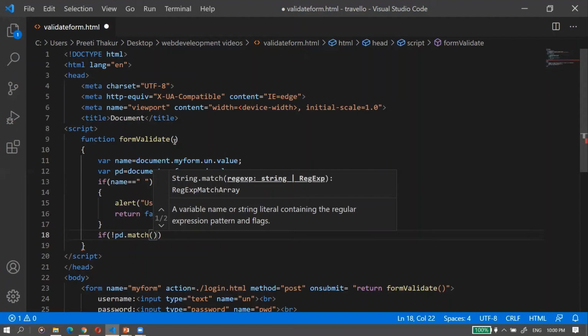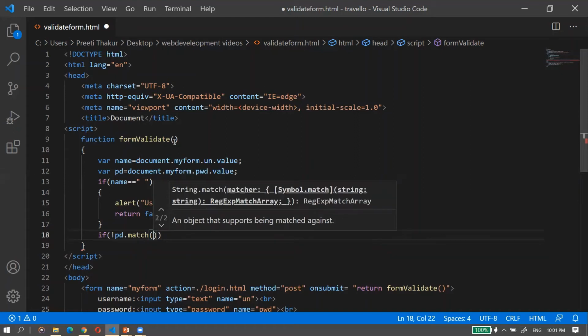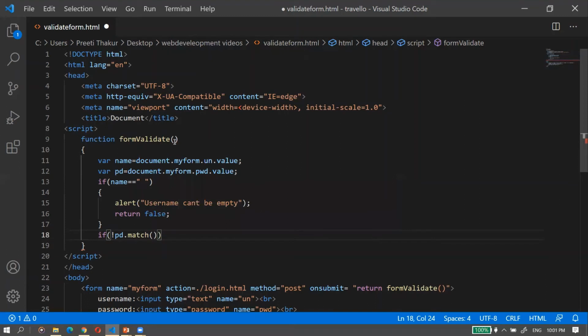So here I have applied a rule in which the password will be 8 to 16 characters, only having characters or numeric digits, underscore, and the first character must be a letter. If we give other than that, it is not going to take it, right? It will give an error message. So for that I am making it if pd dot match, right?